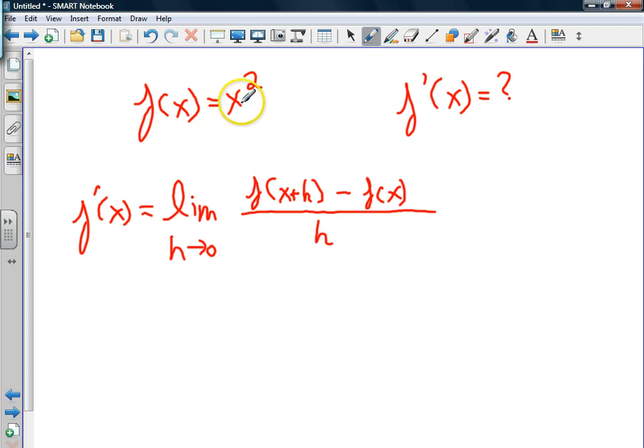So I'm not just going to do x squared, I'm going to do x cubed, x fourth, x fifth, x negative 1, x negative 2, x to the 1/2, x to 1/3. Let's see what happens, okay? But let's start with this one. This is an easy case. So I'm going to find the limit as h goes to 0